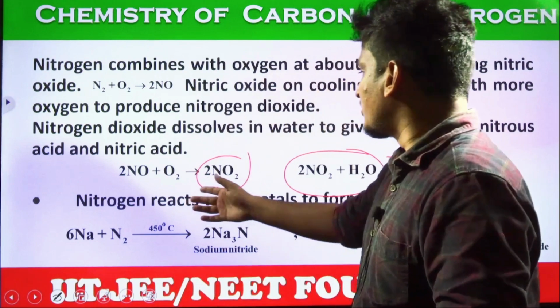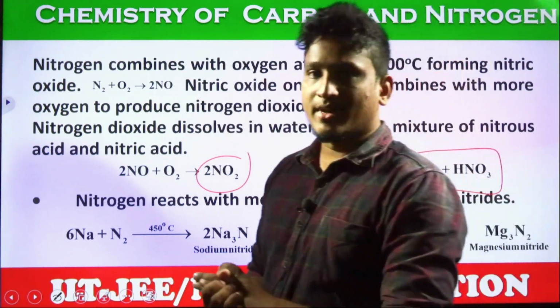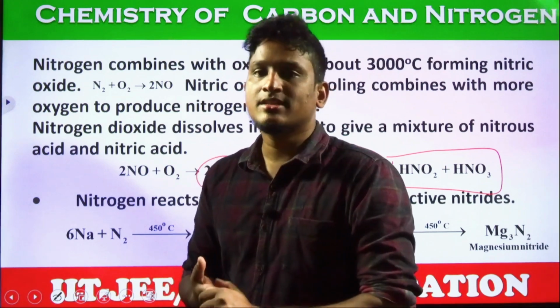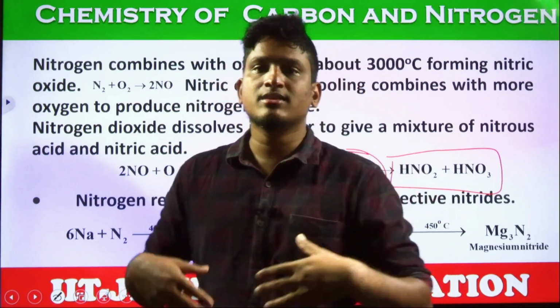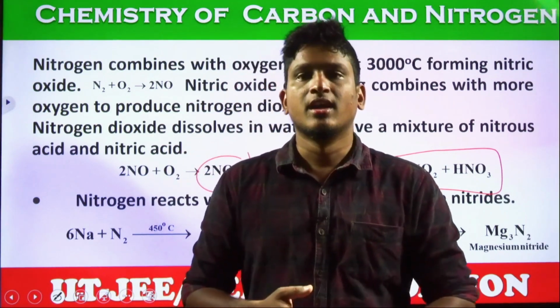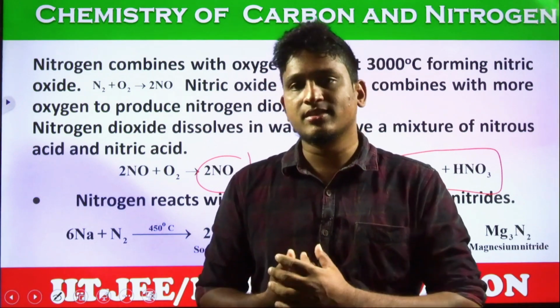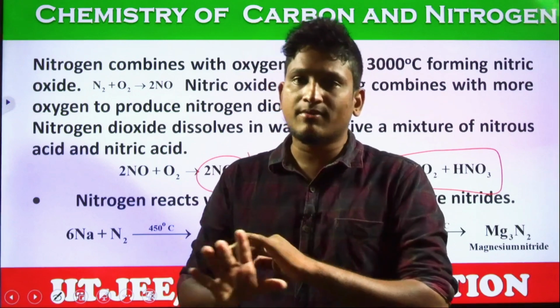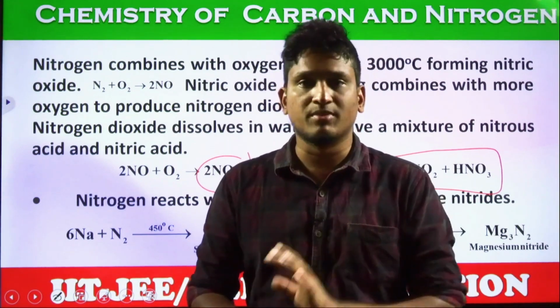So now, students, nitrogen also reacts with metals and they form the respective metallic nitrides. You already know metals are highly reactive. They always show a tendency to lose electrons, and nitrogen gains electrons in this case when it reacts with metals, but it doesn't react with all the metals and doesn't form all stable molecules. For example,